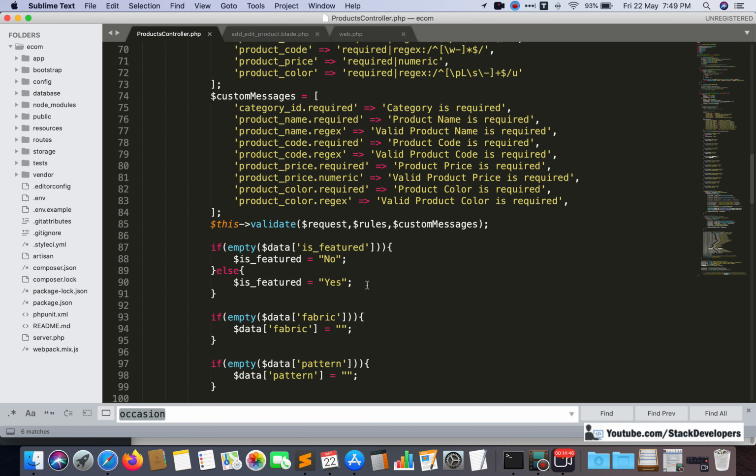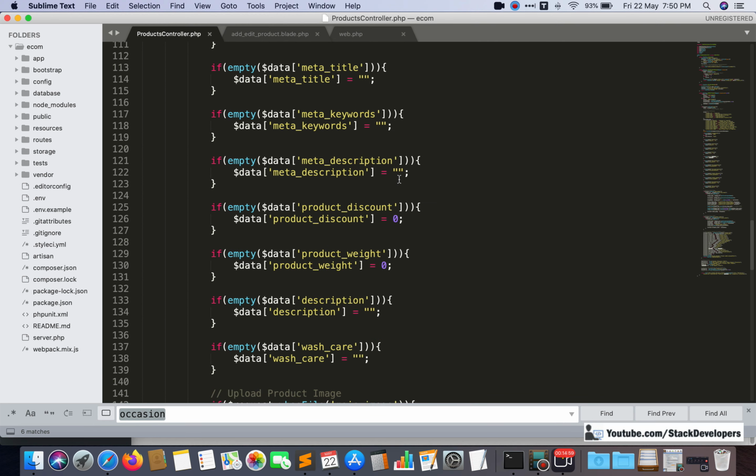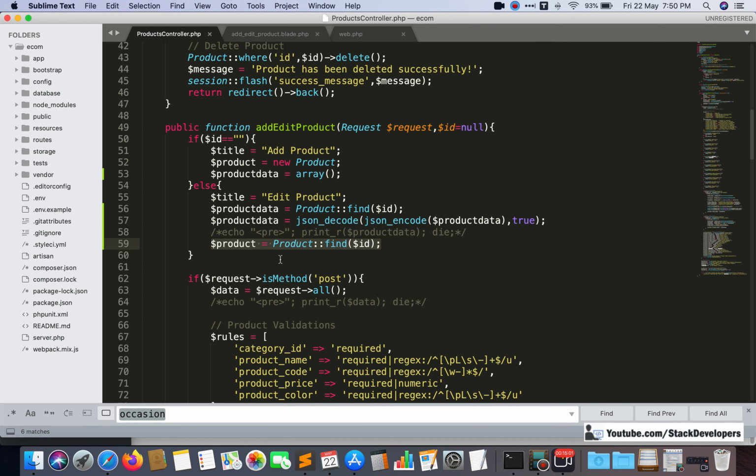So that's why we have worked it this way. Otherwise what will happen, if there is a separate add product form, separate edit product form, separate add product function, separate edit product function, then we need to write this code twice. But here we are not doing this, we are just updating in the same code. Okay, so here you just require this syntax in place of this new product. We will just get the product details and will save that product.